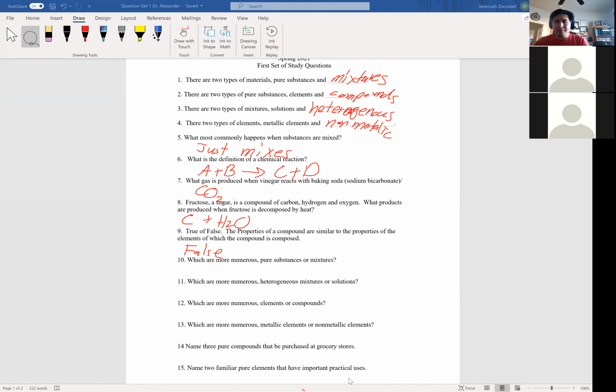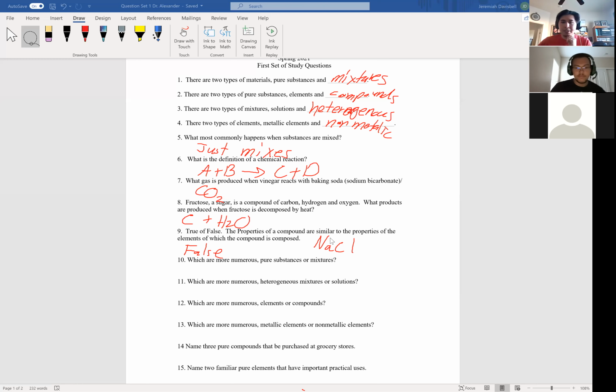A good example I like to think of to remember this is sodium chloride, your table salt, right? I don't know if you guys remember in high school if your teacher showed you the video of people throwing your alkali metals, your group 1 elements, into water, and they tend to blow up. And sodium is one of those elements. So you have an explosive metal, and you have chlorine, which is like a poisonous gas. They're both pretty dangerous elements by themselves, if you think about it. But when they're combined, we have a nice table salt. So that's a good way to remember that this statement here is false.